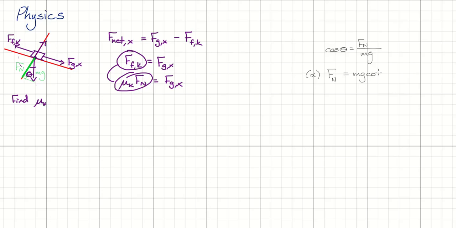mg cos theta. I just solved it for this by multiplying by mg. This here then gets replaced, and I'll just do this. There's alpha. That's that equation that we're going to use. And we'll go back to purple here. We now have mu k times mg cos theta